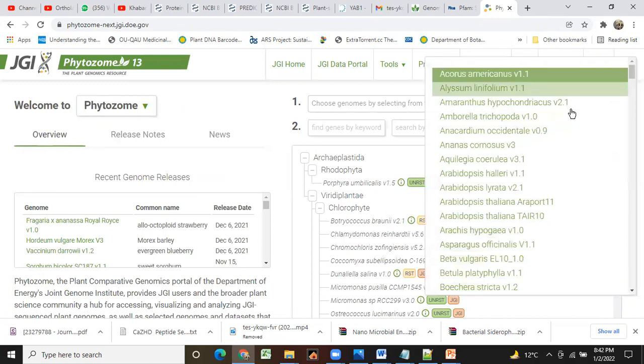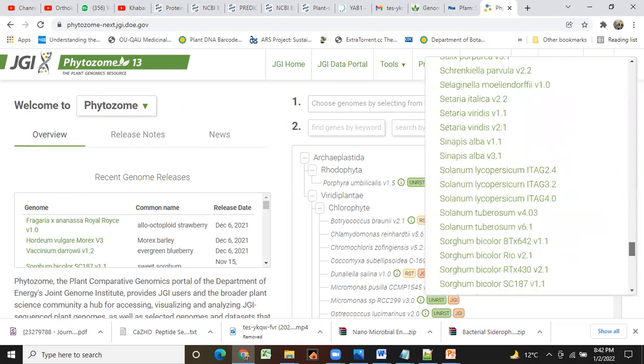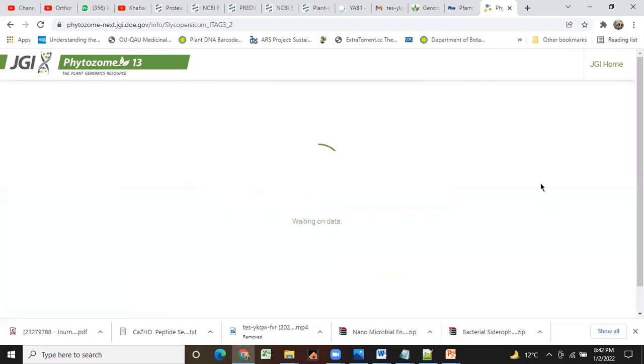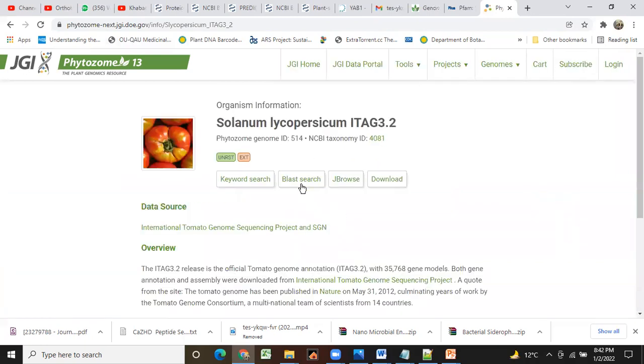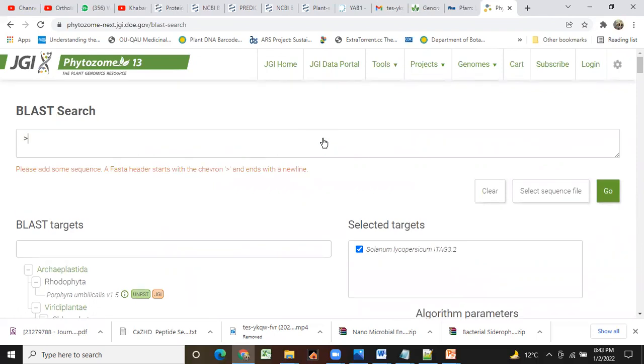You may use the Solanum tuberosum database, maybe some earlier one, Solanum lycopersicum, maybe 3.2, maybe this is an older one. They may download this from this database, and then we make the ATZFD.